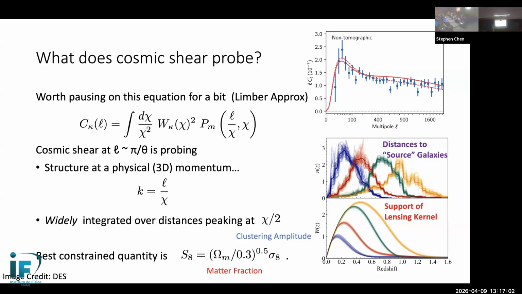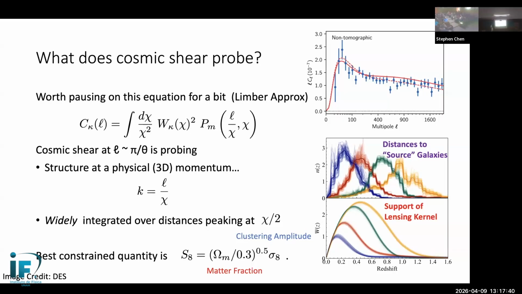So if we stare at this equation, the two important things for us are, roughly, at a given angular scale, the difference between the dashed and the solid lines. These are two theory predictions, one of them extending to smaller scales, one of them to less small scales. I would not trust them particularly. It's more important that the data points are shown.